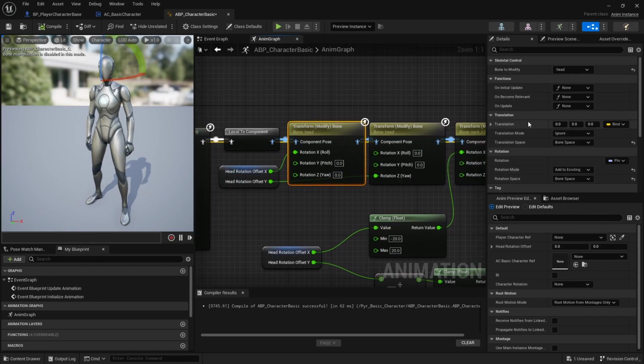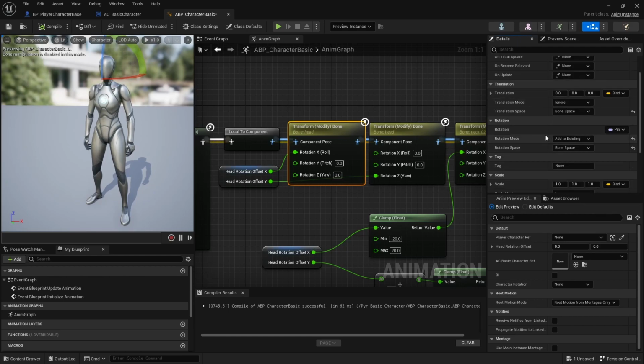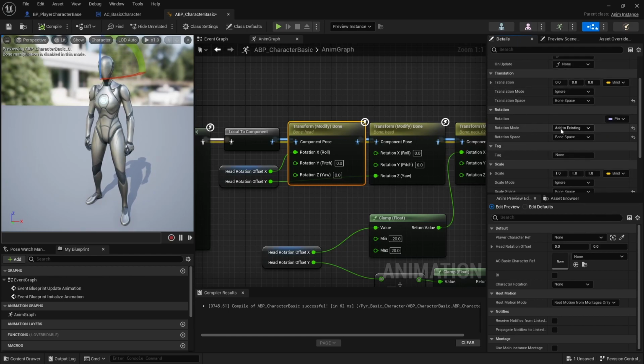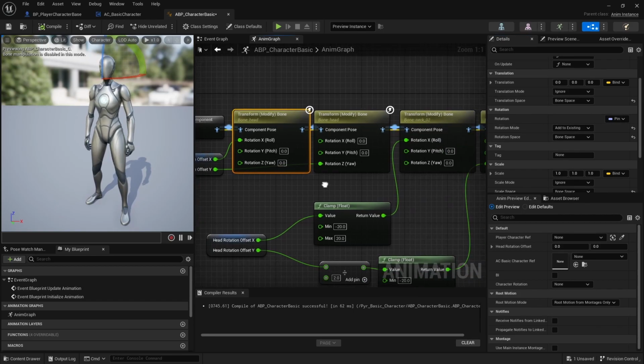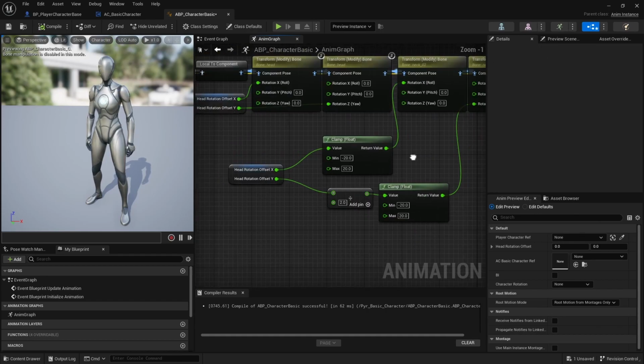But this transform, when you create it, you need to select bone to modify. You need to ignore scale and translation, and you only care about rotation, add to existing, and bone space. This is what worked for me. Hopefully it's what will work for you. So we add two for the head and then two for the neck, and then there is some modifications for